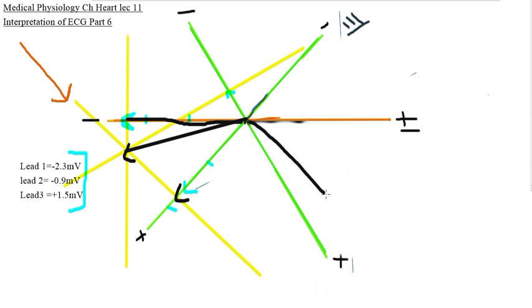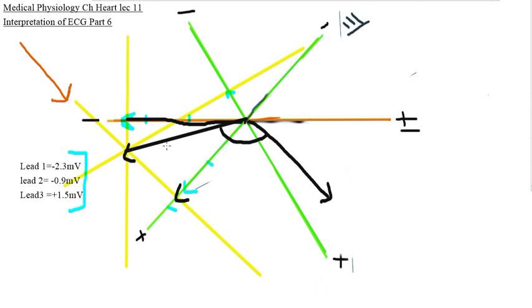Whereas in normal conditions, our QRS vector is deviated towards an angle of 59 degrees, in this condition it has been deviated to a large extent to the positive. So positive deviation has occurred in this condition. The first thing we have determined is that the patient is suffering from positive deviation. It may be due to blockage of Purkinje fiber branches or it may be due to hypertrophy of the right ventricle.